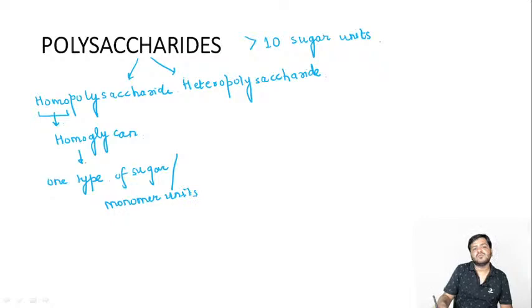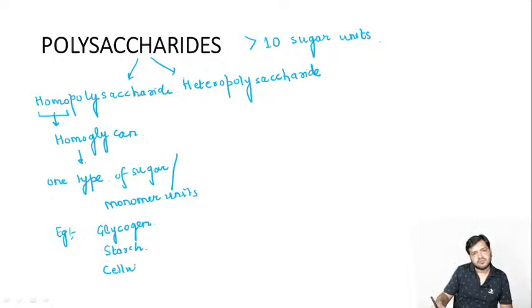For example, if it is glucose, it will be glucose throughout. If it is galactose, it will be galactose throughout. For example, write down the most important ones. We are going to discuss them one by one. Glycogen. Then we have starch,